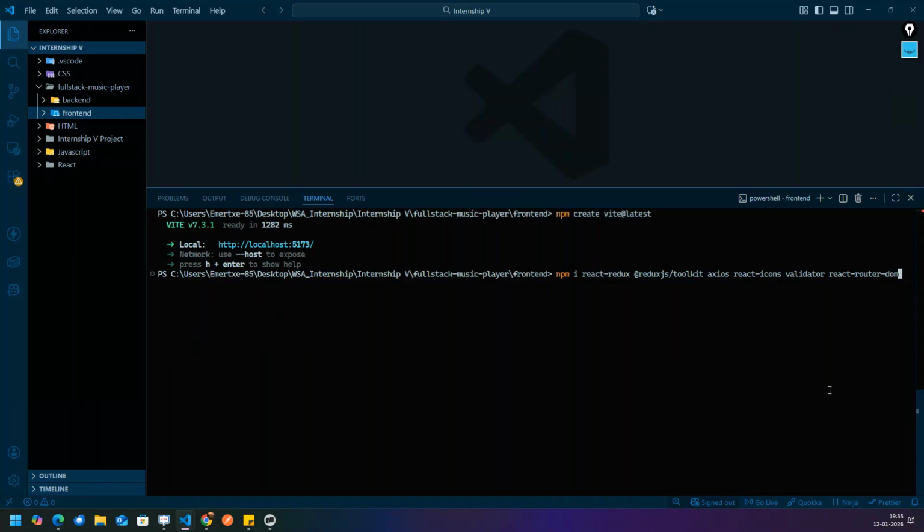Make sure that you are in the front end, not backend. Make sure you are outside of the backend, guys. npm i react-redux @reduxjs/toolkit axios react-icons validator and react-router-dom. Press enter.